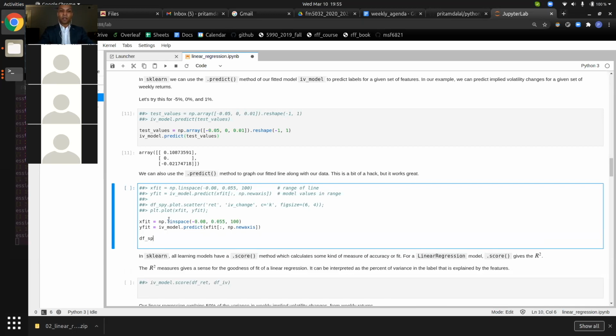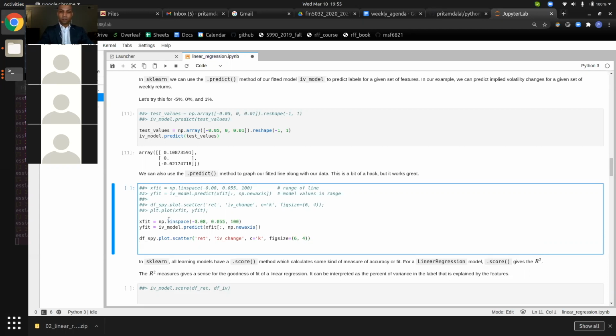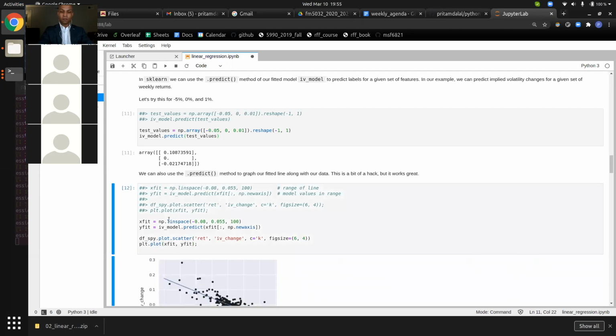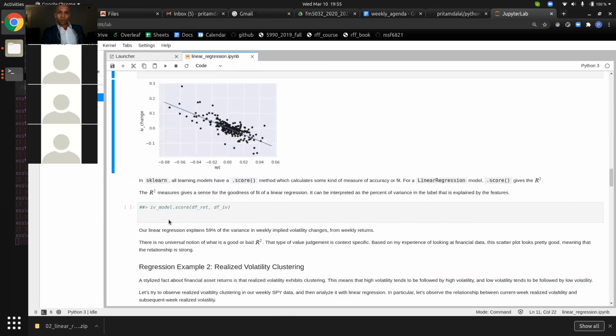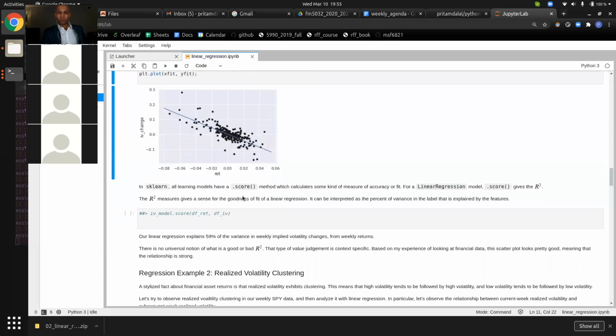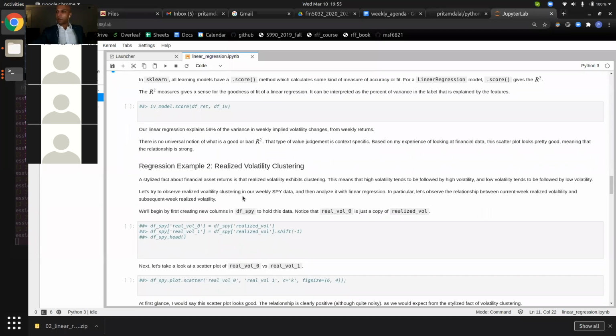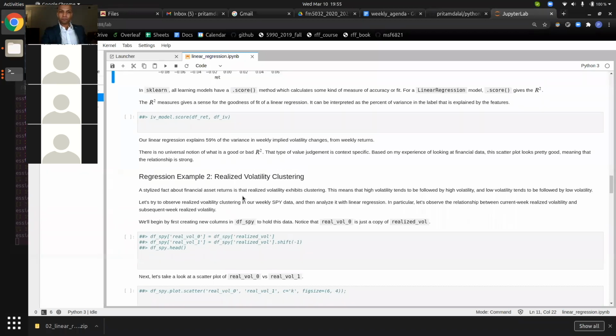And then let's actually create a scatter plot with all this. TFSPY dot plot scatter, return, IV change, C equals K black big size. Okay, so that's the line that gets fitted through our data. Any questions thus far? This is probably pretty straightforward for you guys. Okay, so